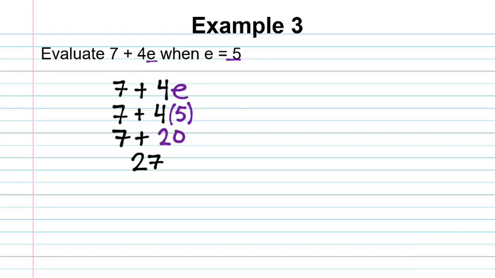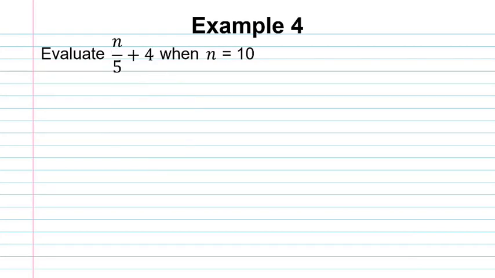Our last example that we're going to go through is very similar to that. We have evaluate n divided by 5 plus 4 when n equals 10. So I start out again by writing the problem down, and I have here n divided by 5. I can't do n divided by 5, but if I substitute and take this value here, which n is 10, I can go ahead and put that into this one,